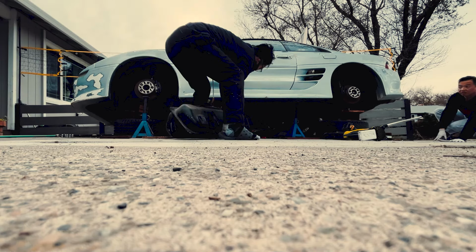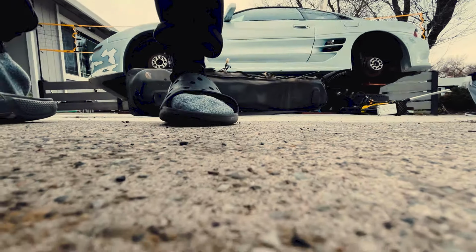Got it. That's what holds the fuel? Yeah. Well, once I